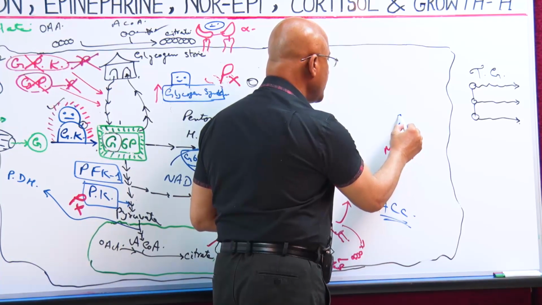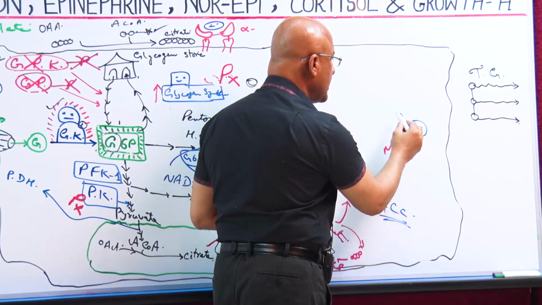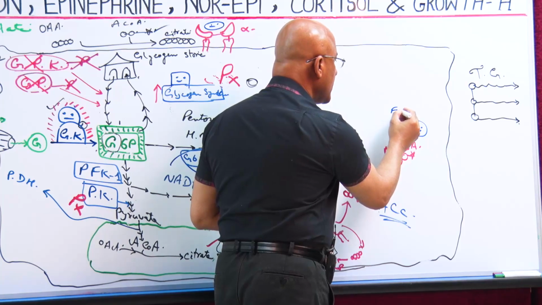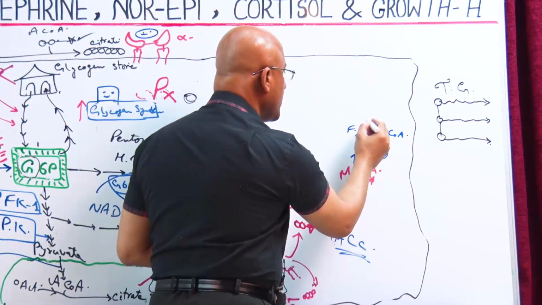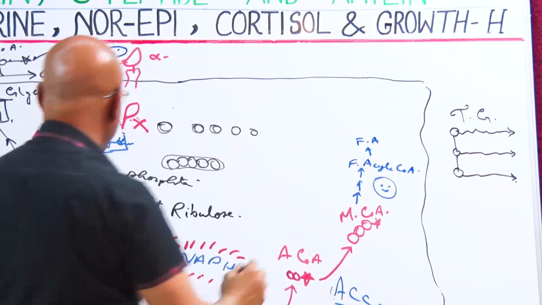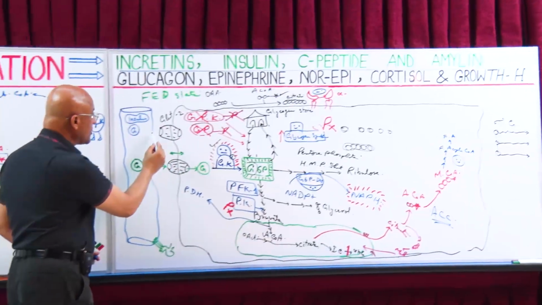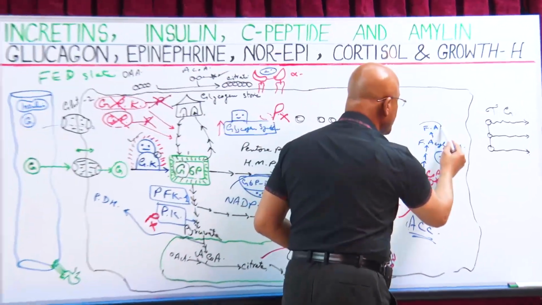Repeated steps of fatty acid synthesis and fatty acyl-CoA, and then CoA is removed and this is fatty acid. In this way, the original glucose which was entering here ended up into fatty acid,